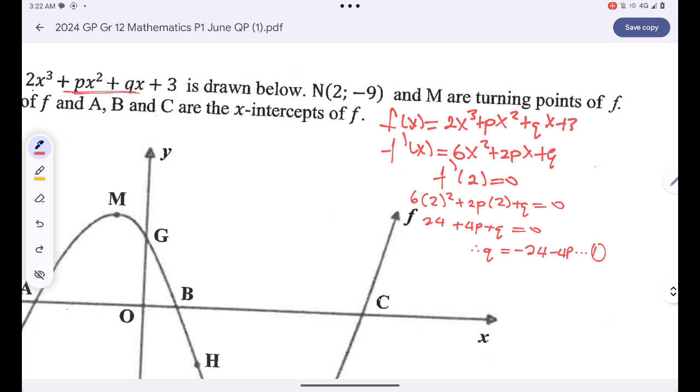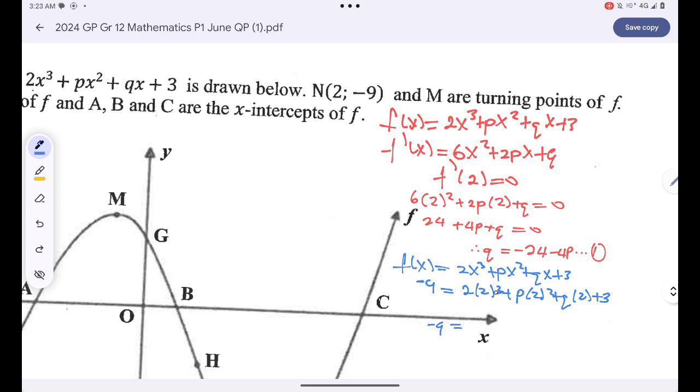My equation has two unknowns, guys. I'm supposed to solve simultaneously. What else do I know? I know that f of x is 2x cubed plus px squared plus qx plus 3. I know that whenever x is equal to 2, the corresponding y value is -9. So that's -9 is equal to